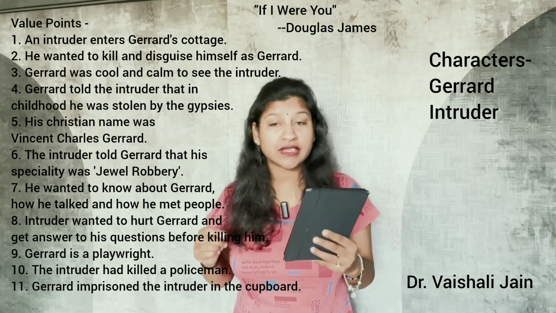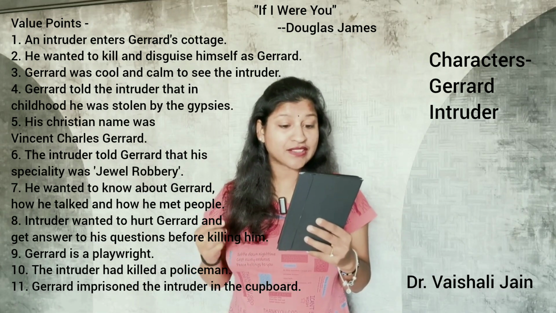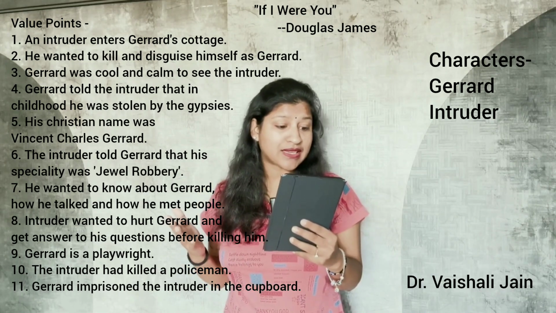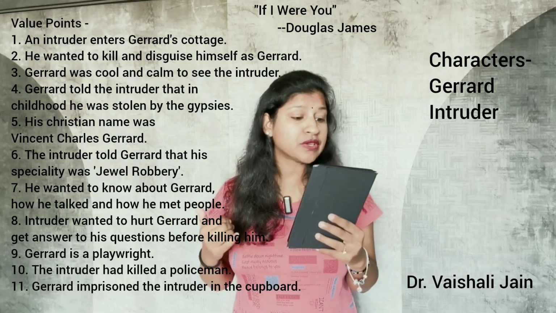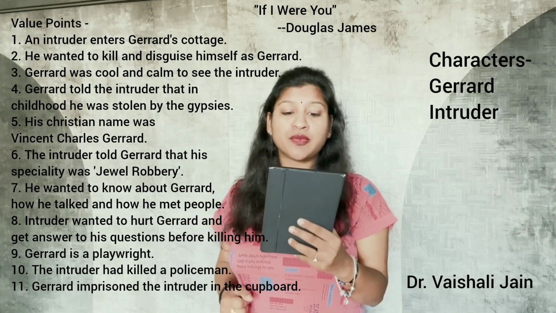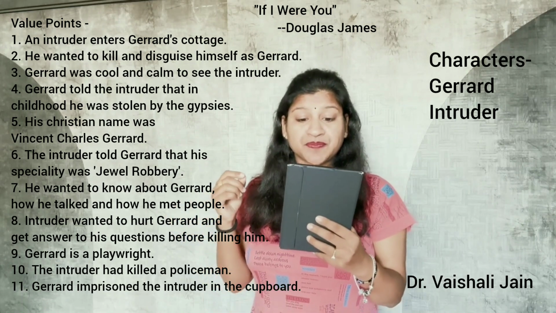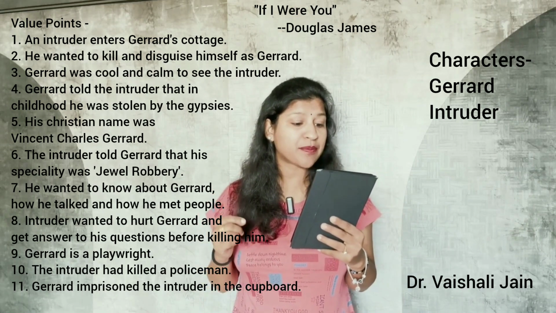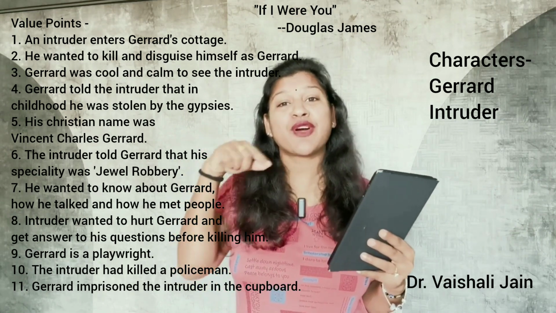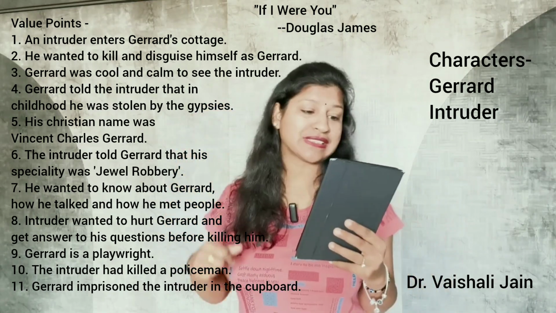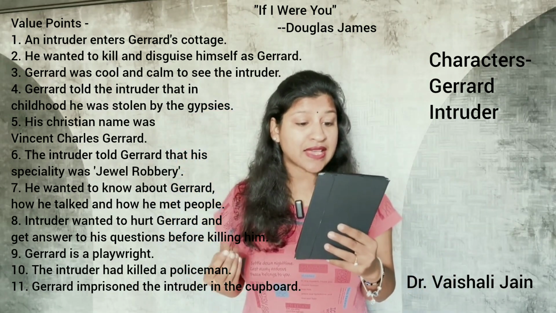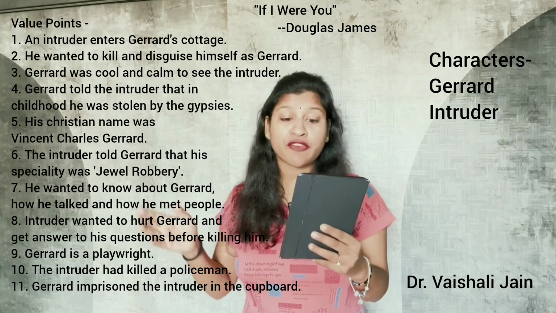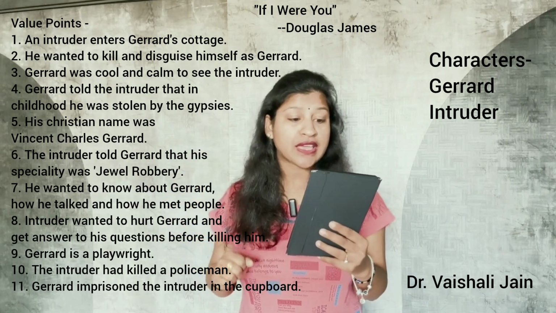And now hearing this, Gerard realizes that the intruder is not as smart as he had assumed him to be. So he manipulates the intruder very wittingly to believe him. And Gerard quickly makes up a story. He traps the intruder round and round in his own story. Now it states that he has a mysterious life of his own already, so he convinces him